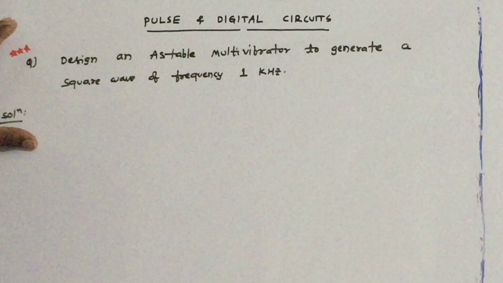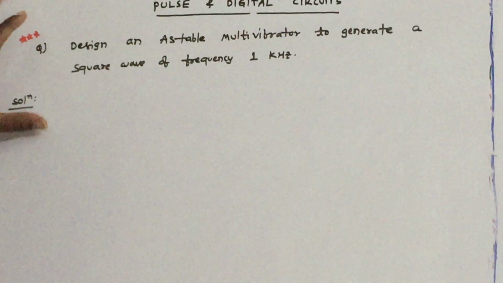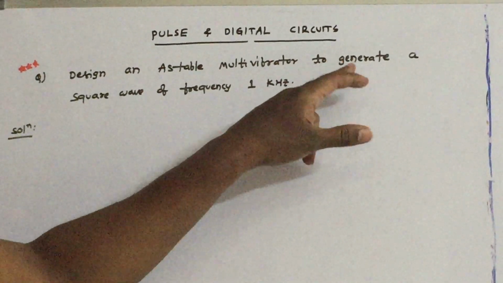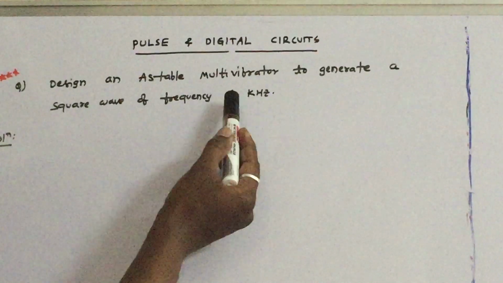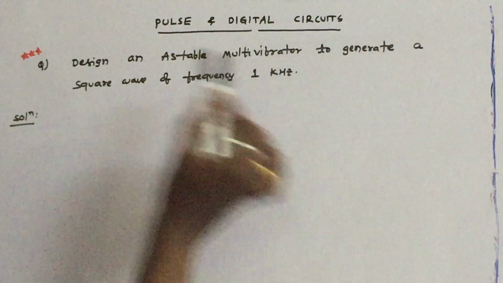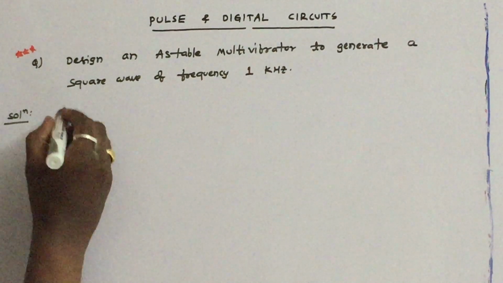So let us see this problem on astable multivibrator. The question is like this: design an astable multivibrator to generate a square wave of frequency 1 kHz. This is a previous examination question, very simple question. First let us draw the circuit diagram